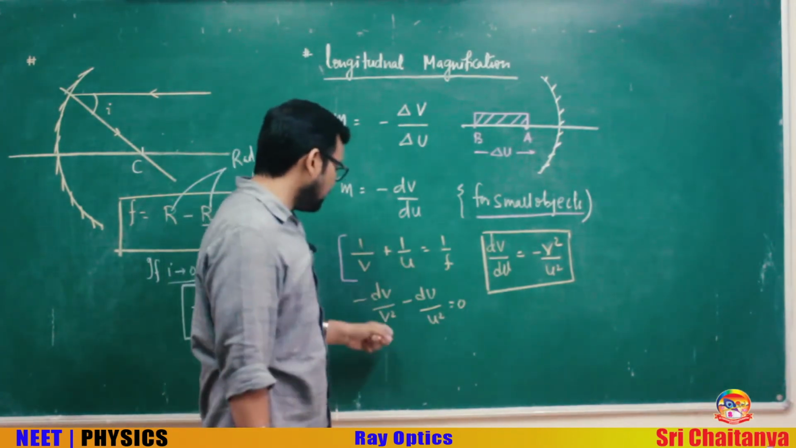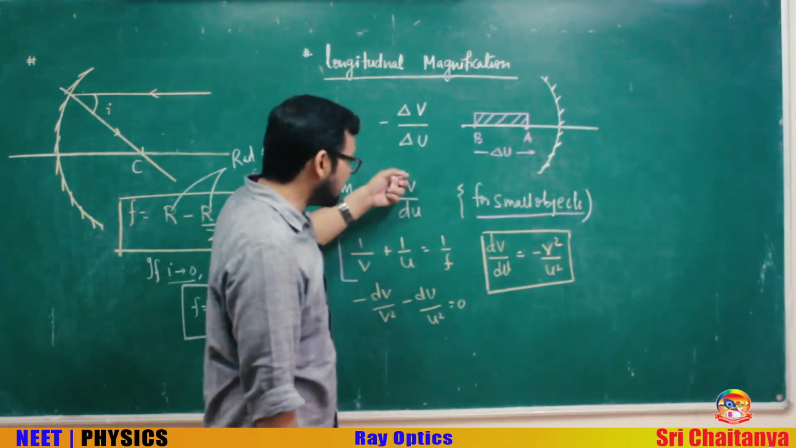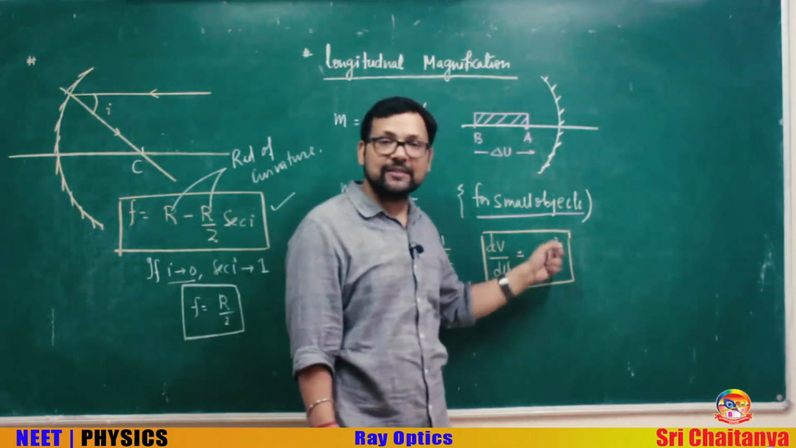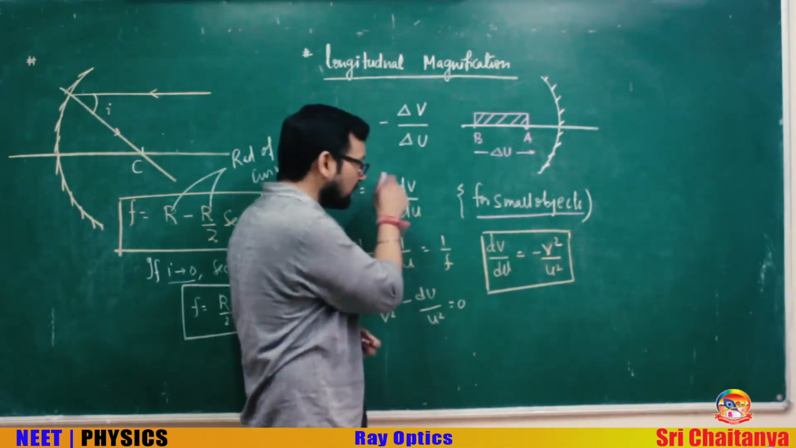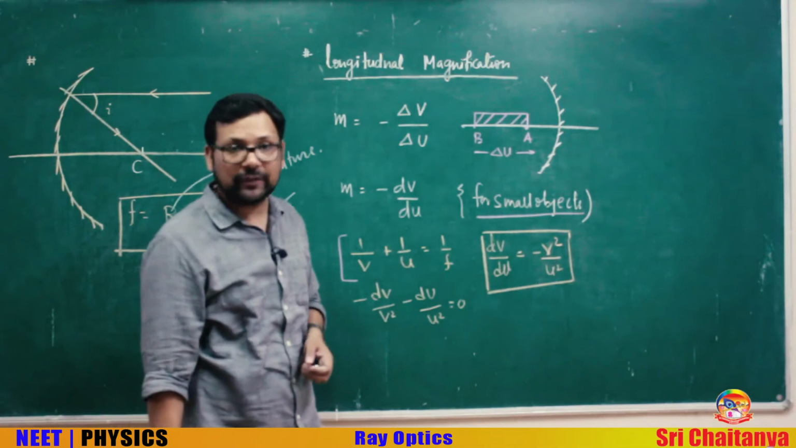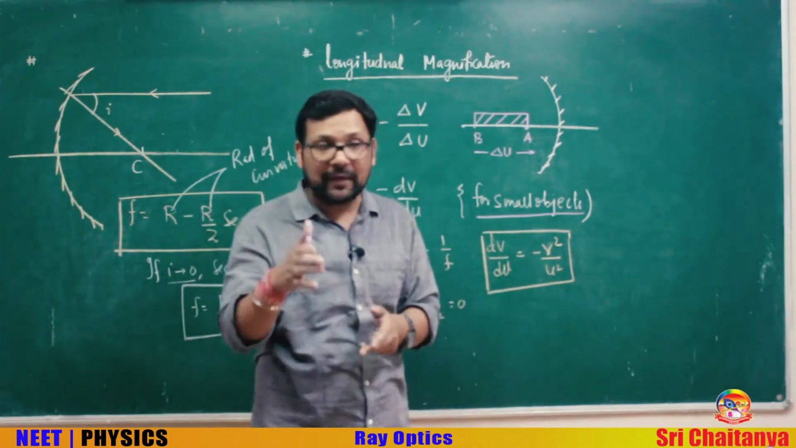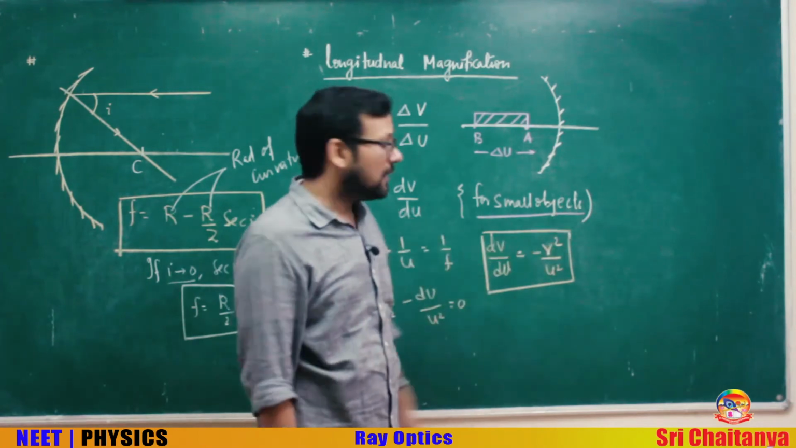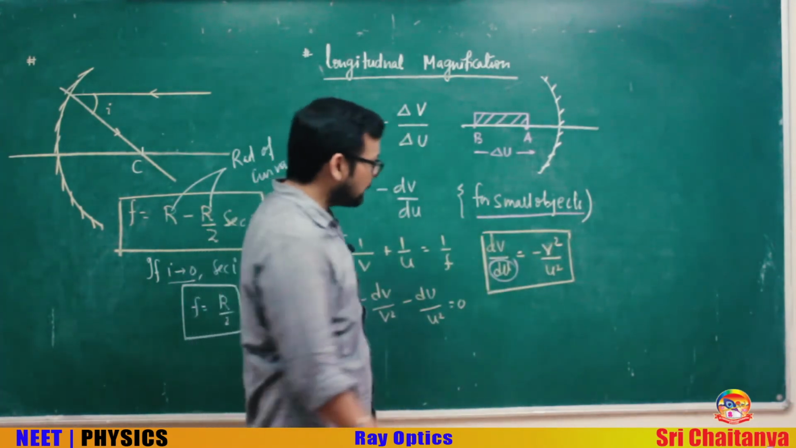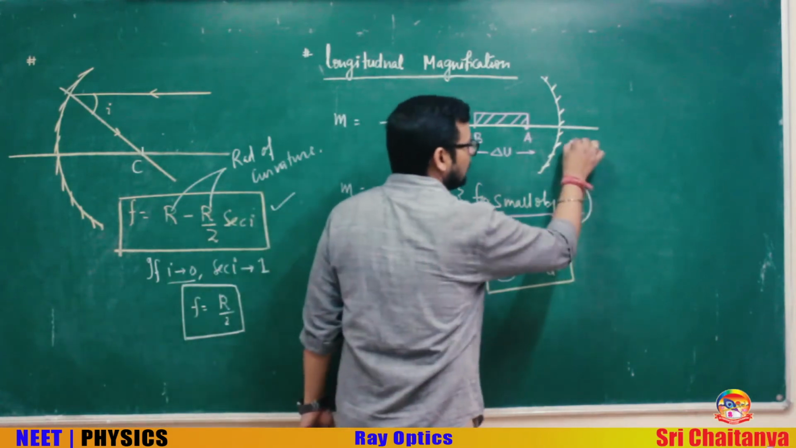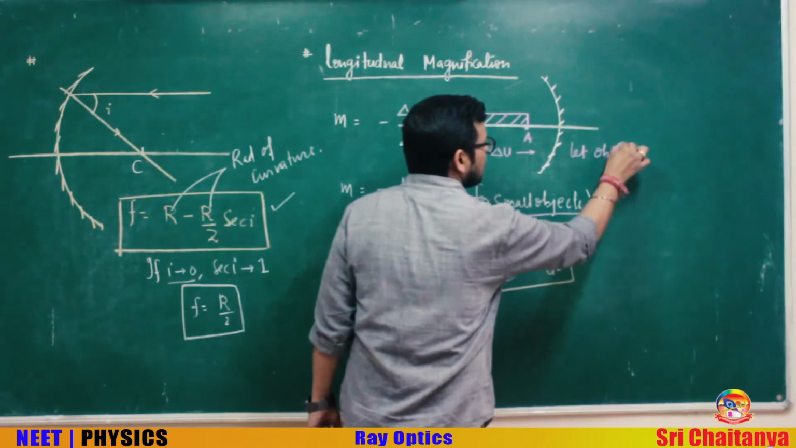So minus dV by V square minus dU by U square is 0. From here, this dV by dU comes out as V square by U square, or we can shift the minus here also: minus dV by dU, that was the longitudinal magnification, is V square by U square, the square of the lateral magnification, V by U. So if object length is given in a question, suppose dU, the object length, let, for example, let the object length